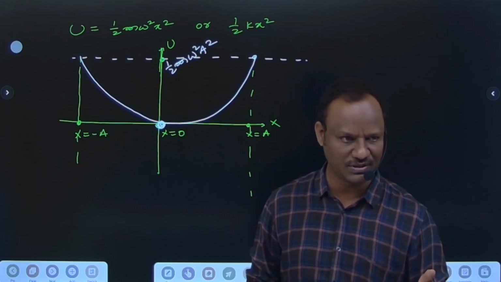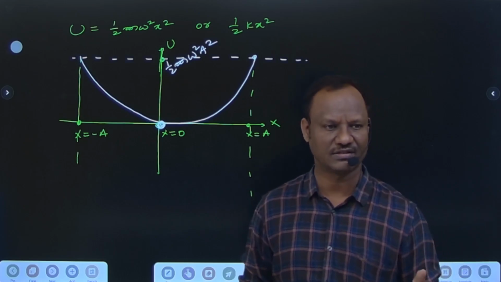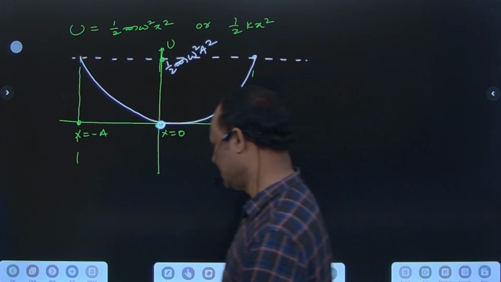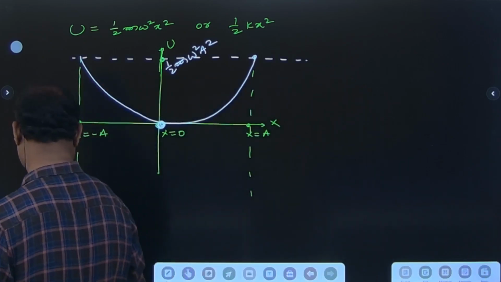Position dependent form is what? Half k x square. Okay. Next, the potential energy is completed. Next I'm talking about kinetic energy. So next one is about kinetic energy